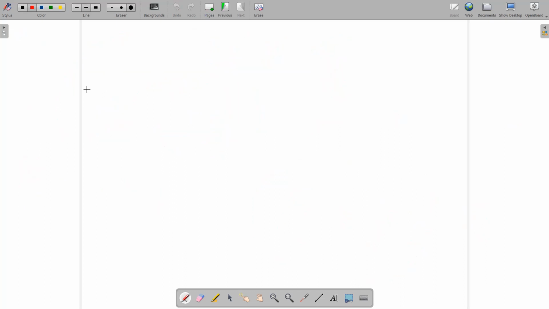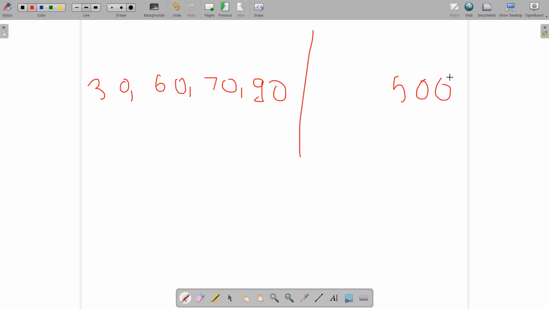Suppose we have some 30 value, 60 value, 70 value, 90 value, and so on. Now suppose we have reached some particular station demanding, let's say, 500 amount of fuel. Let's say S is the current fuel, the start fuel, and I will check whether S is less than 500 or not. If S is already greater than 500, yes, I can say this start fuel is sufficient to come up to this station, right? And what about the case when S is strictly less than 500? Then we can say I cannot come to this particular station with the help of this start fuel.